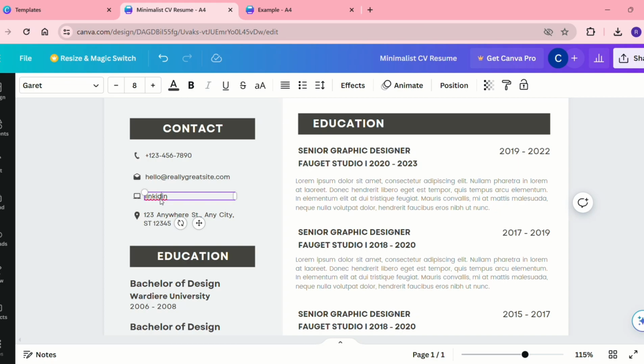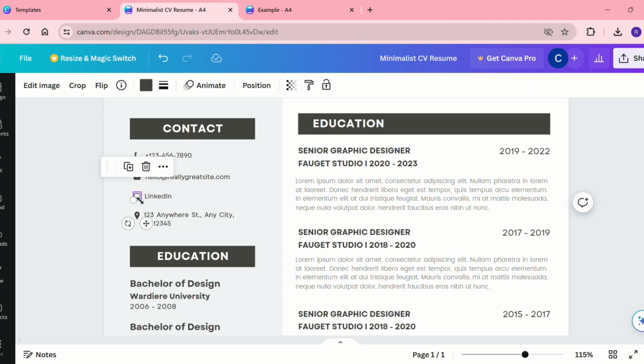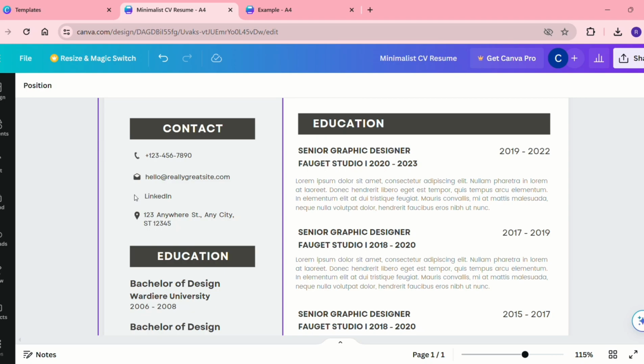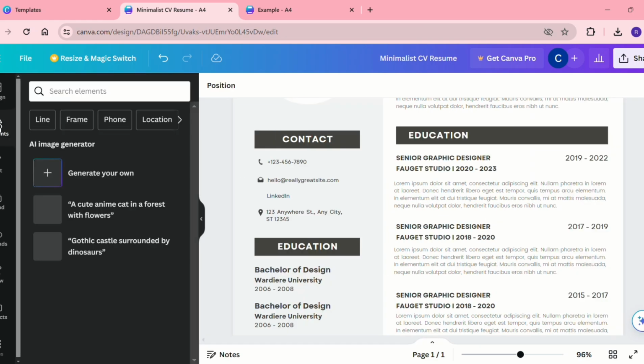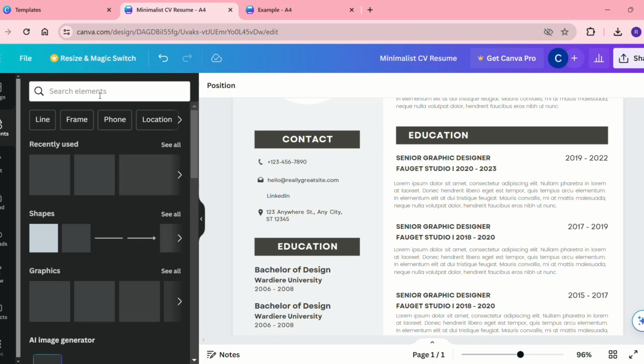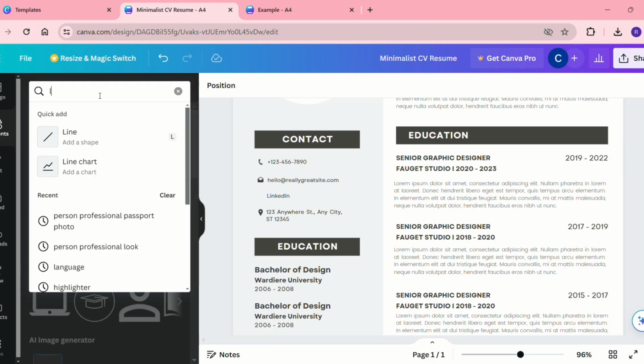So first of all, I am going to change this logo, that is highly required. But how to change this logo? I'm going to simply delete it here. Why? Because this is not relevant to me, but I require an element which is the logo of LinkedIn. So what I can do, I'm going to type an element. In this element I'm going to search here LinkedIn